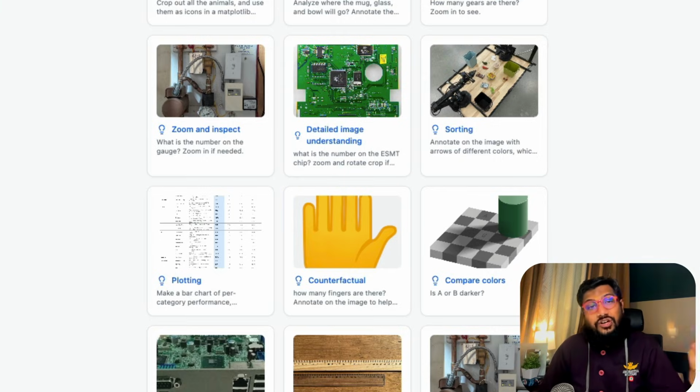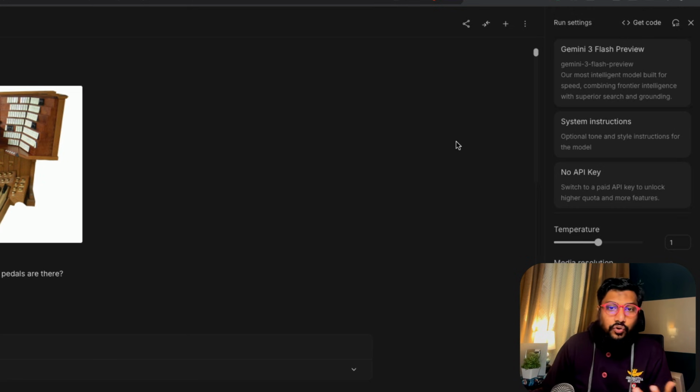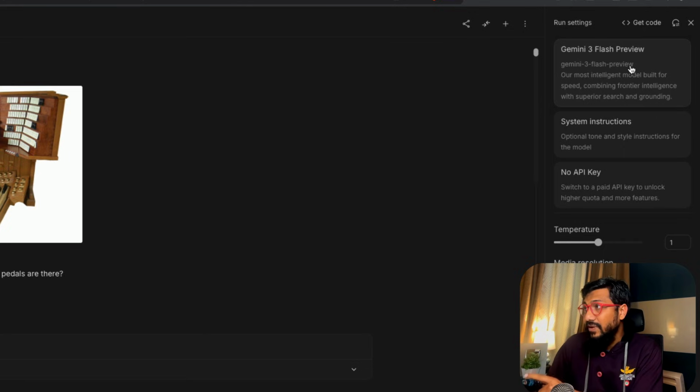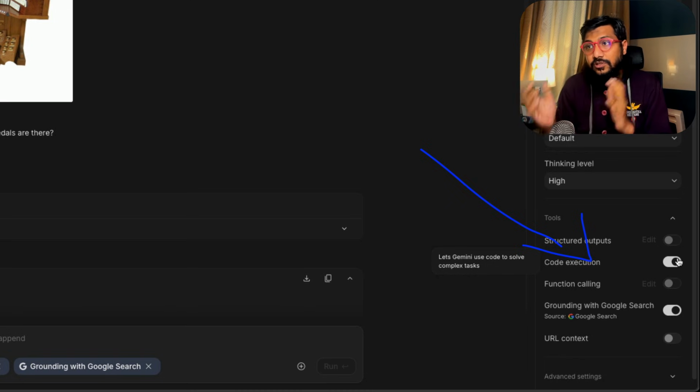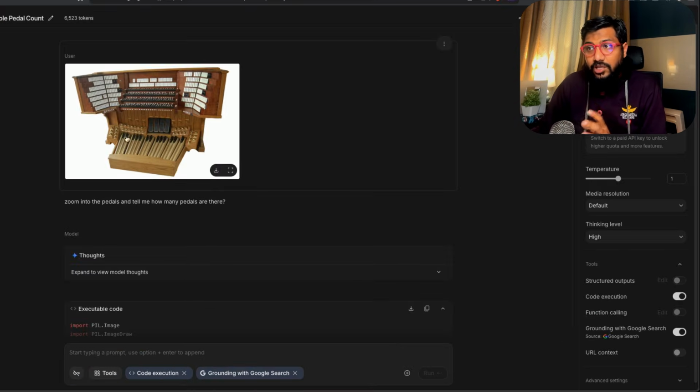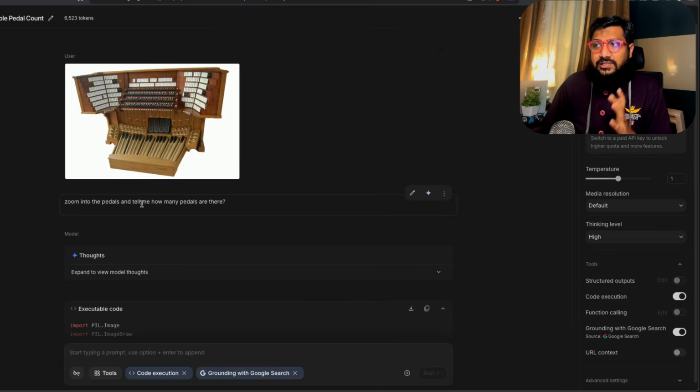But now we are going to go test it on Google AI Studio. After you go there, select the model Gemini 3 Flash Preview and make sure you add code execution. You enable code execution because code execution is important for this. So now in this case, I've uploaded an image, simply said,